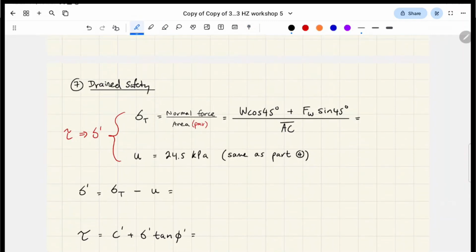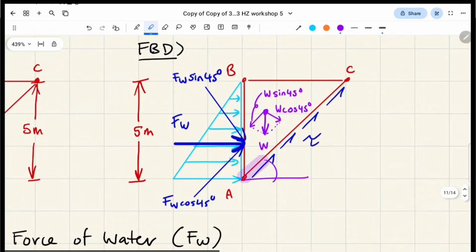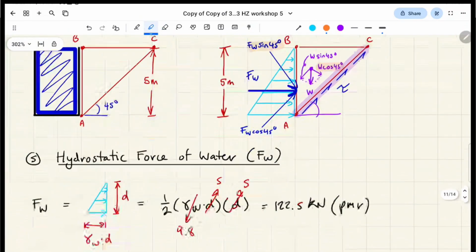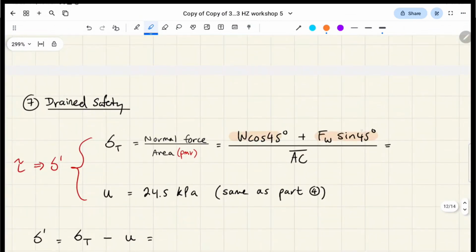Okay, so let's go back to this diagram. We care about this failure surface, right? And we will want to look at all the perpendicular forces to this failure surface, which is going to be this arrow, which is W cos 45, and this arrow. Sorry, I haven't drawn it perfectly. But those are both supposed to be perpendicular to that surface, right? Right, so essentially we're going to add on these two orange parts. That's here and here, right? And over that area, which is that straight line multiplied by 1 meter into the page,